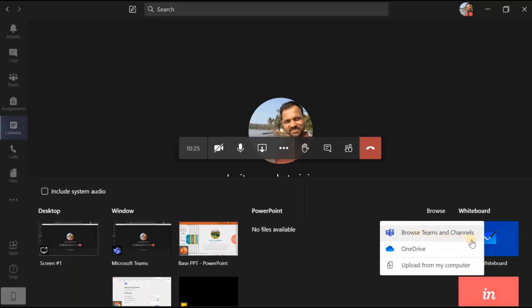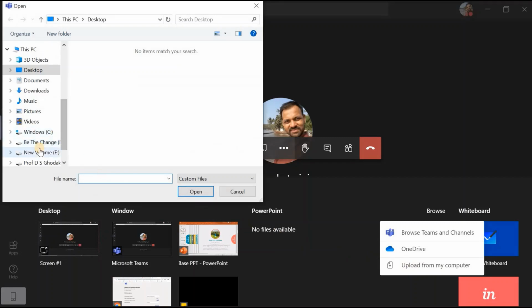Browse from teams and channels means information or files that we have already shared with another team. If you want to extract that information and share it here as well, you can select this option. If you want to upload a file from your OneDrive, that is also possible. If you want to upload a file from your computer, that is also possible.